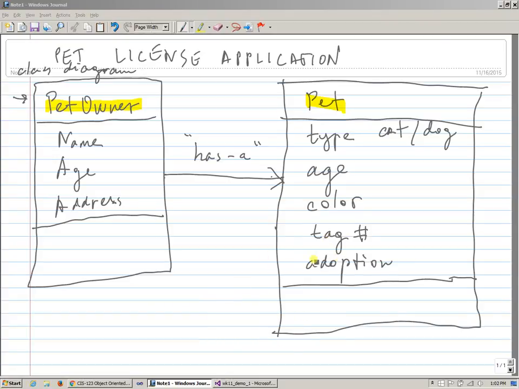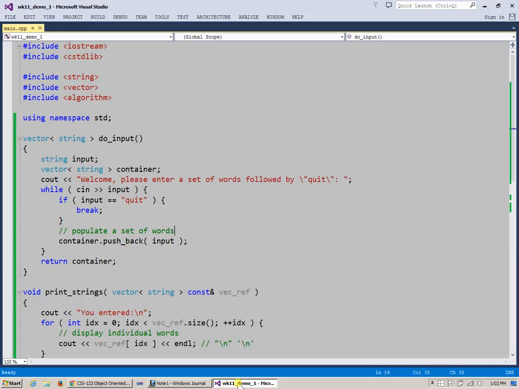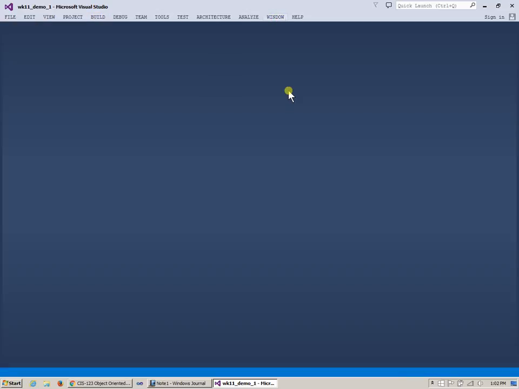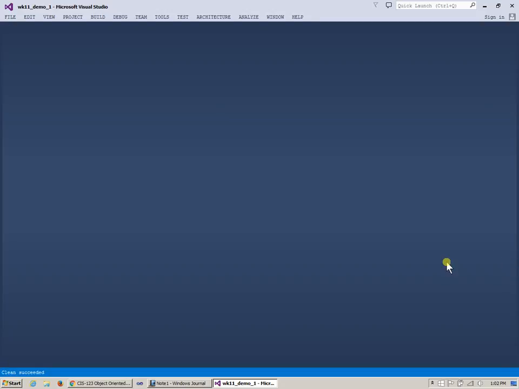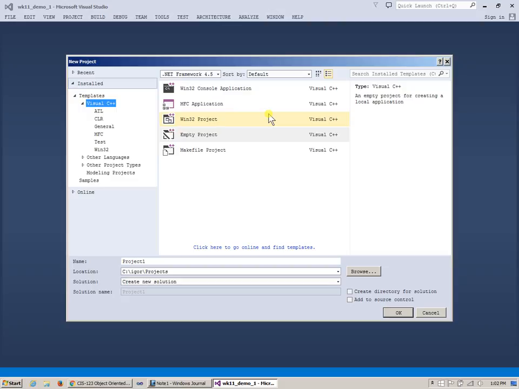So let's create a new project. My natural way of exiting here is to basically say window, close all documents, and build clean solution, just to be sure when I come back, all I see is this blank screen. If all business in that application is finished, I really don't want to maintain any open windows, because usually in those fancy graphical environments for developers, you can come back and it'll reopen on all open files for you. So instead, I'm just going to say new project, and again, it's going to be a very similar